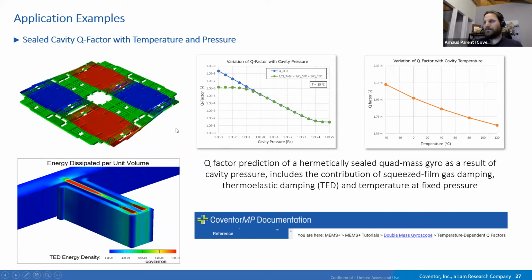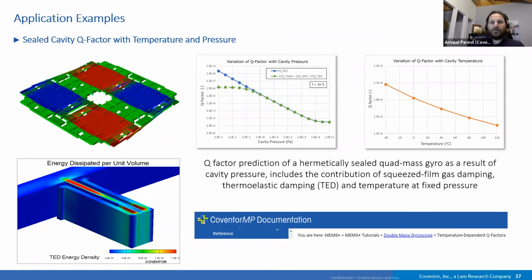So this is a study you can do with MEMS Plus, but we went a bit further and we wanted to know how the Q factor of a device is behaving after this device is sealed. So basically you have a package, and for a gyroscope you want to make this package at low pressure, so under a vacuum. And when you seal it, so when you close this package, you are doing it at one pressure, one temperature. And those two, pressure and temperature, might evolve later, but basically they will be linked with the gas law, so ideal gas law, for example.